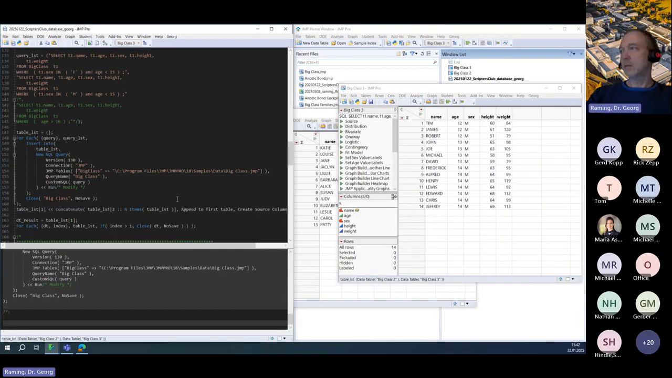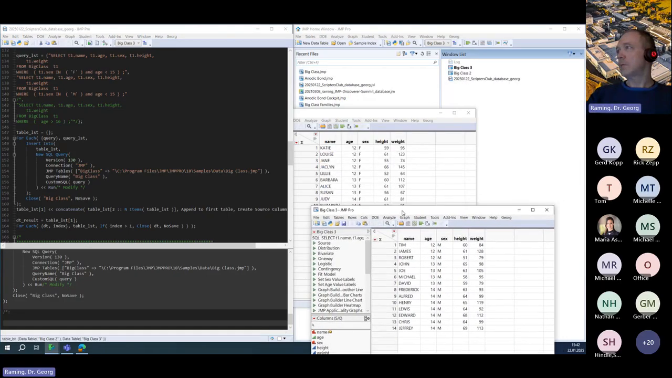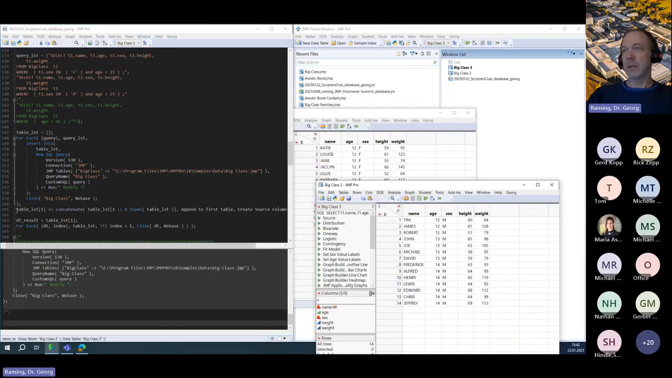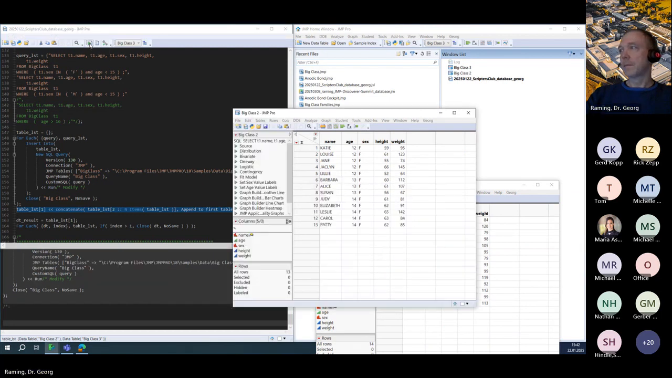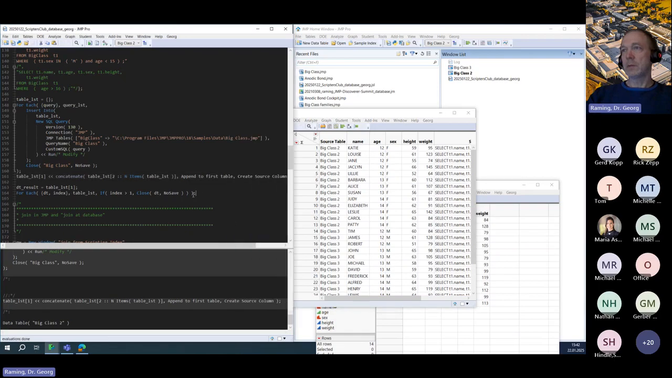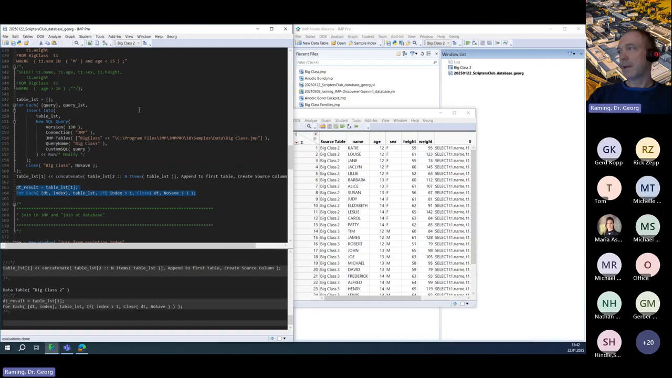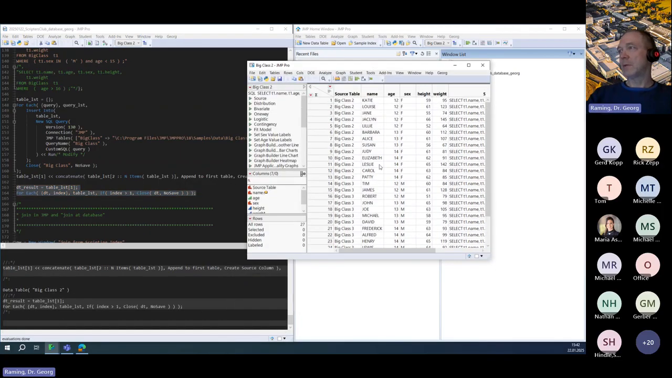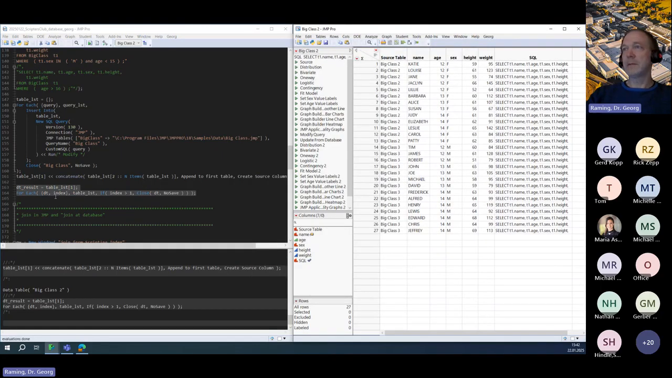I did not see whether this worked here, but it did not, I think. Now it worked. And then we close the table we do not need. And then we have the result table as all single tables combined. And as you may know, with concatenate tables, we can use the source table so that we see where